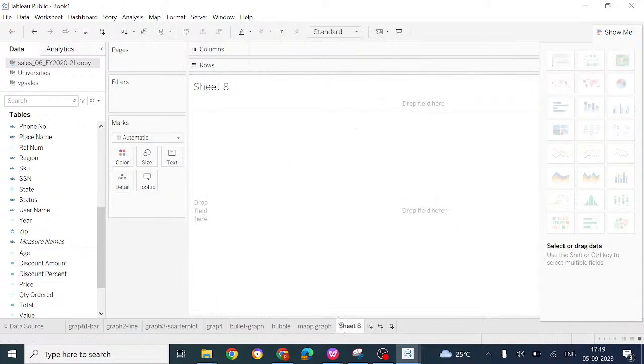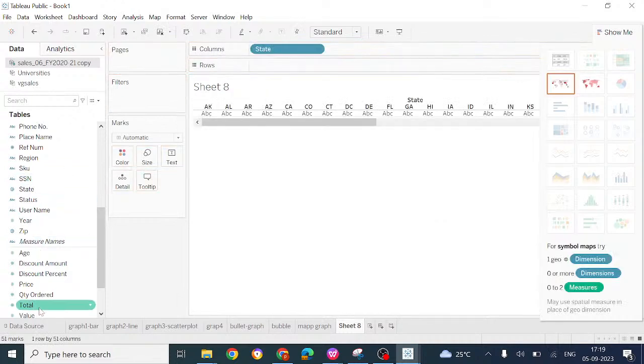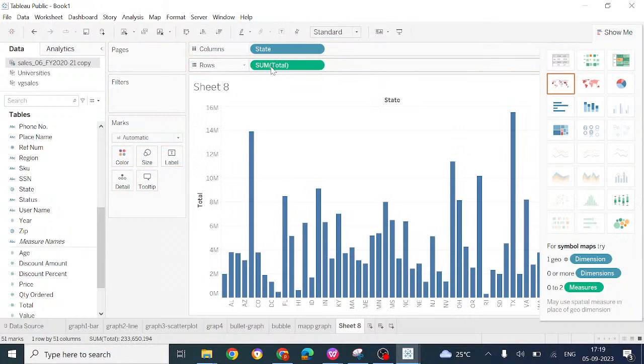And coming to sheet 8, again I am taking the same thing only. State I am taking, and after that total I am taking here, and I have the graphical representation. For this I want to go with a calculation part, as well as the parameter calculations, normal calculations, aggregations, each and everything I have to do. Then what do you want to do for it? So for that purpose I'm taking this here. Can you see on the right side, this is my data, right? These are my attributes, right? In these attributes,